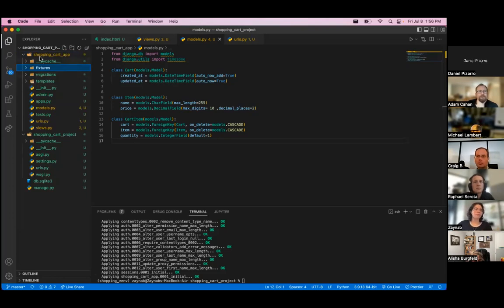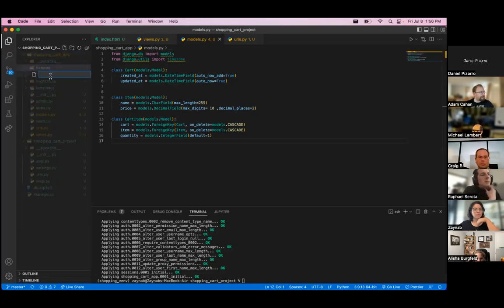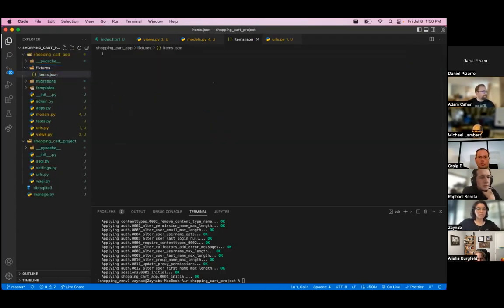And I'm wondering for our cart, well, let's not even worry about the cart yet. Yeah, let's add some items. And so maybe let's just create a file named like items.json in fixtures. And let me